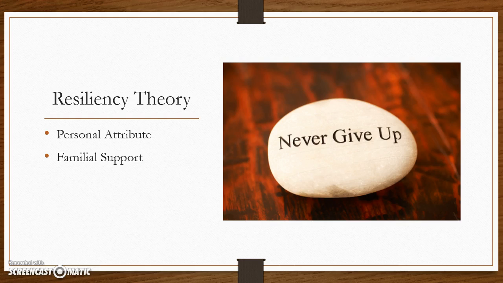The personal attribute talks about students who have higher intelligence and an easygoing disposition tend to have higher levels of resiliency. As far as familial support, the book talks about how a student, even though they may have had family conflict and that's why they're not in the home, if there was a positive relationship between the parent and the student when they were young in those developmental years, that contributes to some of that resiliency. And then the third bullet, which I forgot to add on the slide, talks about institutional support. So if it's a mentor or teacher who also provides those different supports for students, helps the student to move